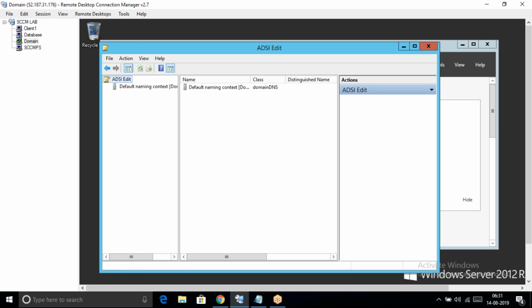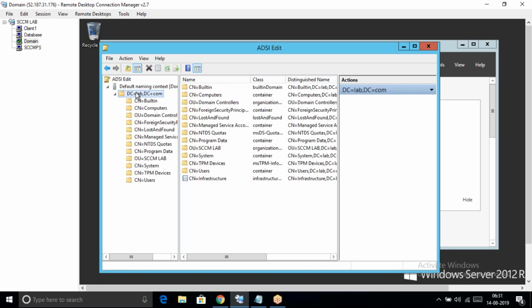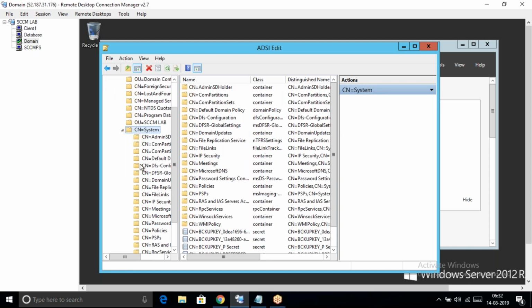We have to expand this default naming context. At the left hand side, click on default naming context. Expand DC equals lab. Now you see the containers, these are built in. CN means container. OU means organization unit. So we have to create a container inside the system container. So right click on CN equals system, below, right click on that particular container